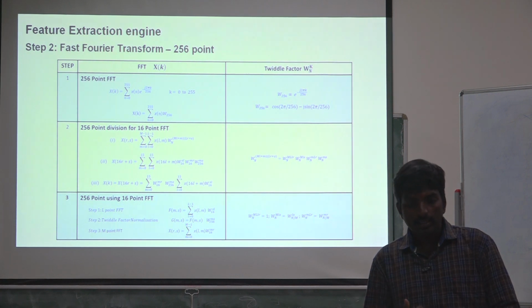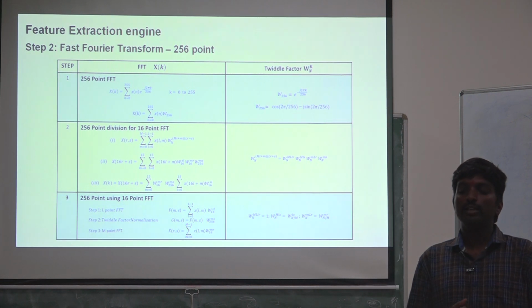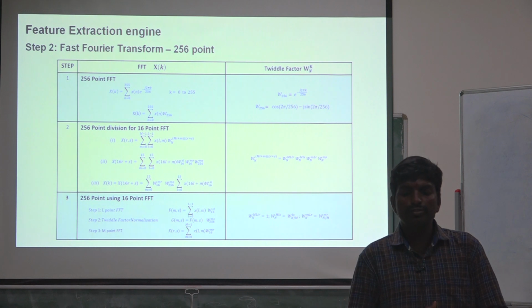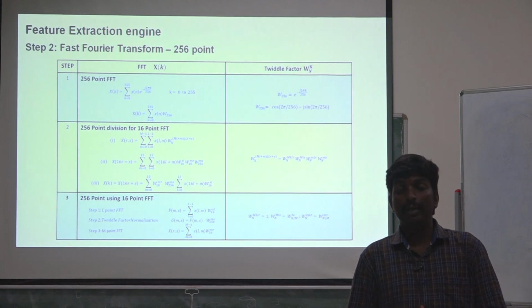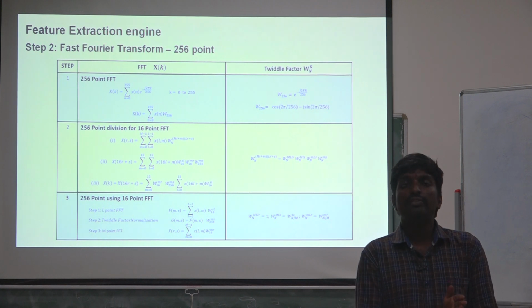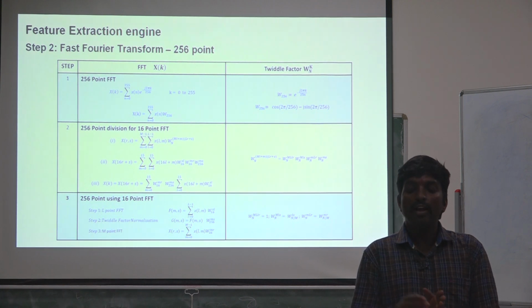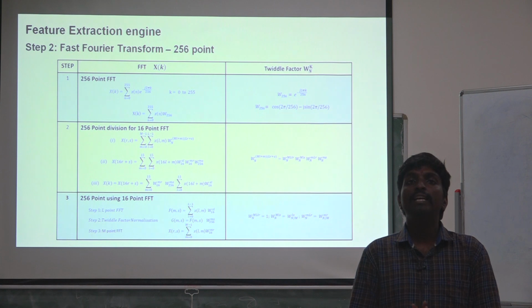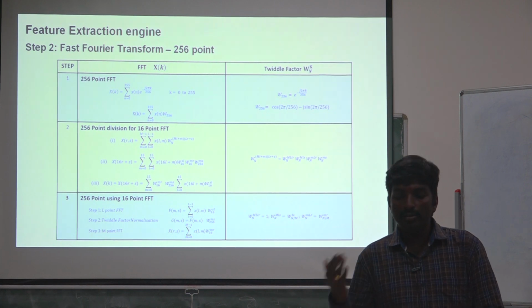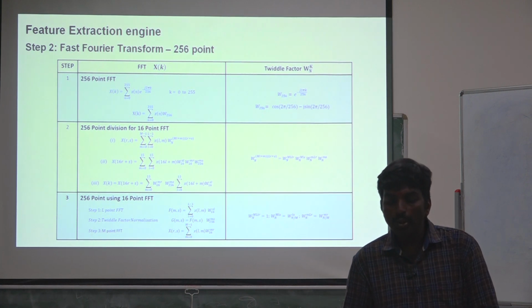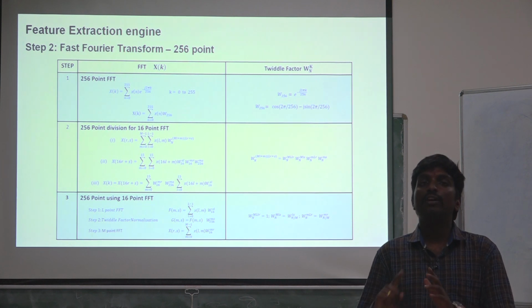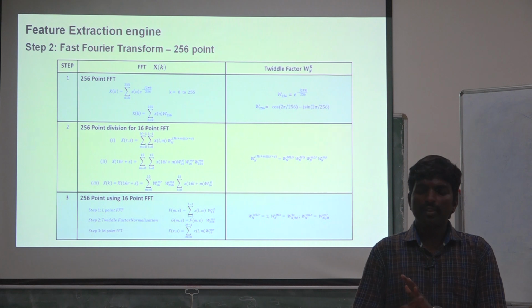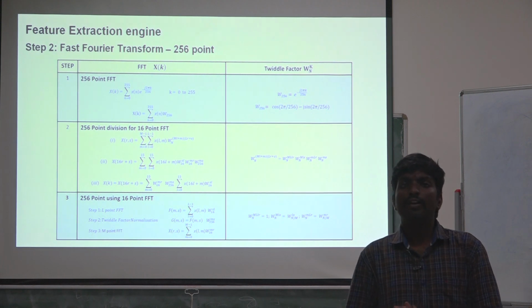For the second step third equation, it says that L equal to 0 to 15 is the first dimension of the FFT. To do this first dimension of the FFT function for the 256 point, we need to analyze which samples are required. If m equal to 0, L varies from 0 to 15. This is the first set of the first dimension for the first FFT function.